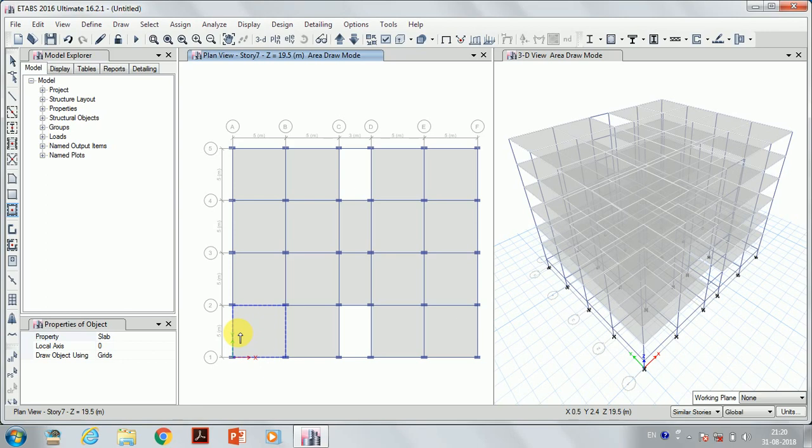Now I'm going to draw the shear wall, so I'm going to draw walls. Here I'm going to shear wall, and shear wall should start from the ground story itself. So I'm going to choose for all story. So now select,